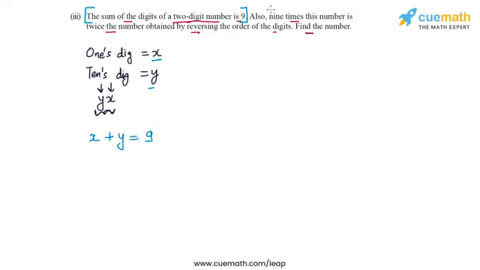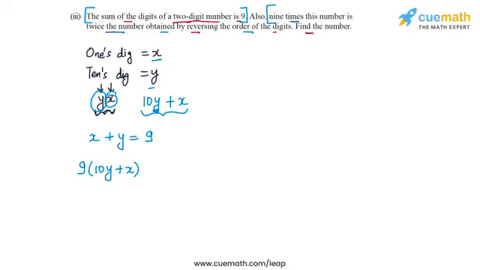Now the second piece of information says 9 times this number. Let's stop here for a moment and think about what this number actually is, what its numerical value is. The ones digit of this number is x and its tens digit is y. So its actual numerical value will be 10y, because y is the tens digit, plus x. So 10y plus x is the numerical value of this number. Now this second piece of information says 9 times this number. So that's 9 times (10y plus x) is equal to twice the number obtained by reversing the order of the